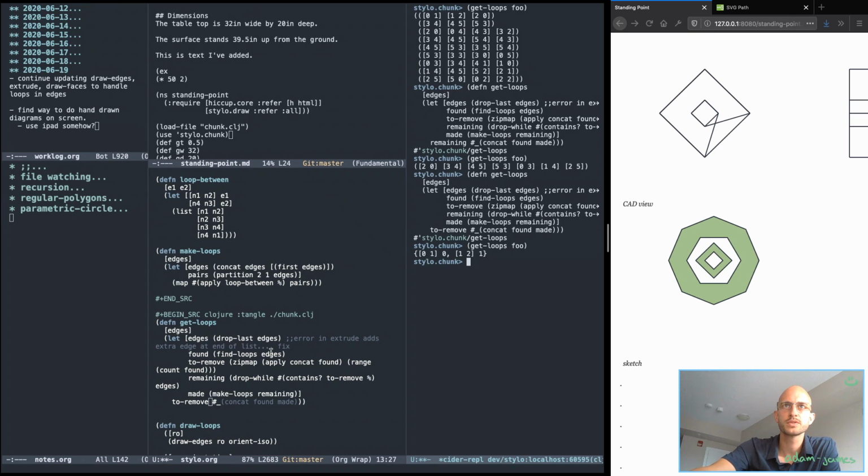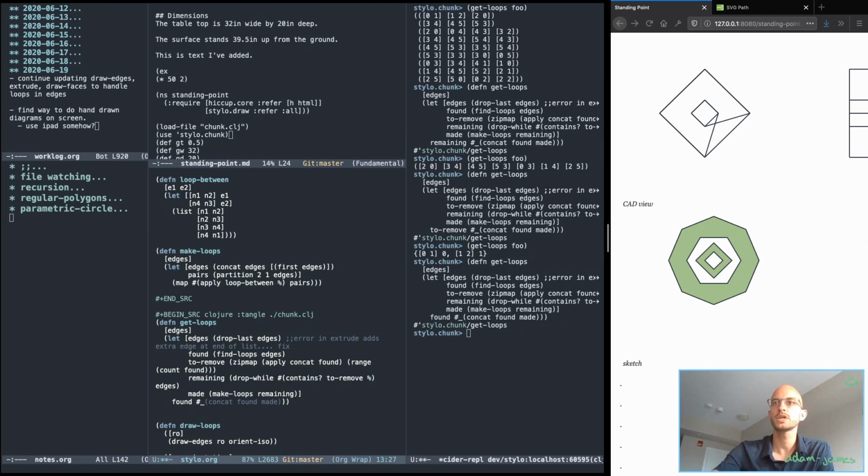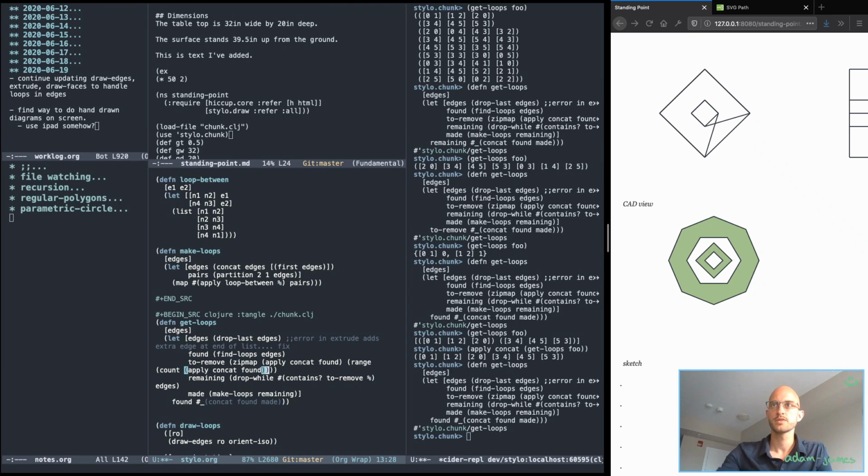Find loops, edges. What does found show here? If I apply concat onto that, what do I get? Yeah, I get that. Oh, here we go. This range is wrong. It has to be count of apply concat found here. If I do that,